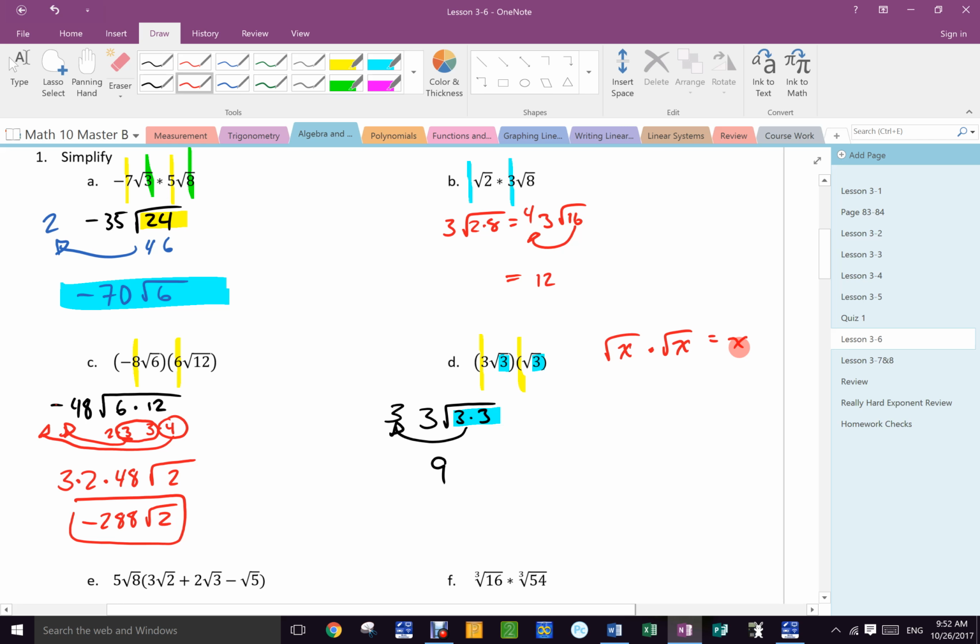Right? And that makes sense, because the square root of 4 times the square root of 4 is 2 times 2, which is 4. If this equals 4 and this equals 4, then this must equal this. Everybody cool? All right, so now,